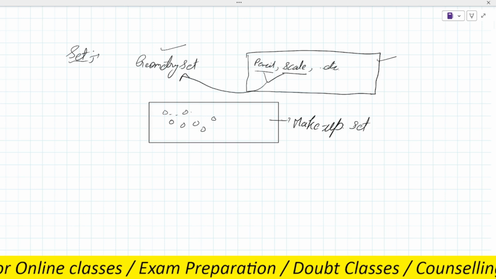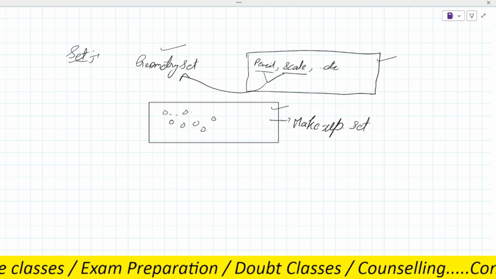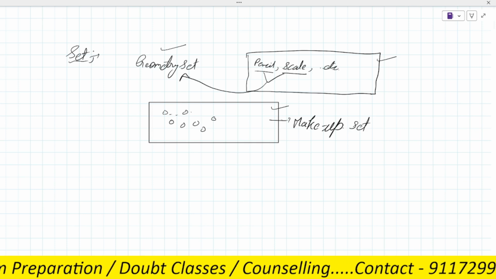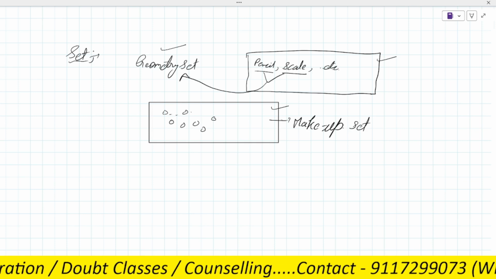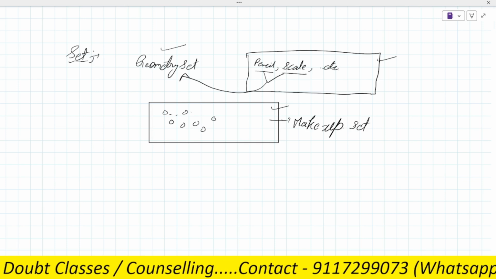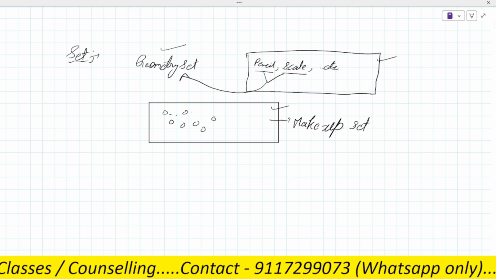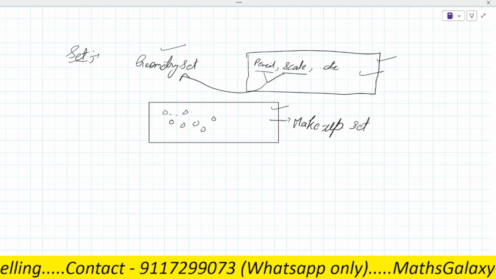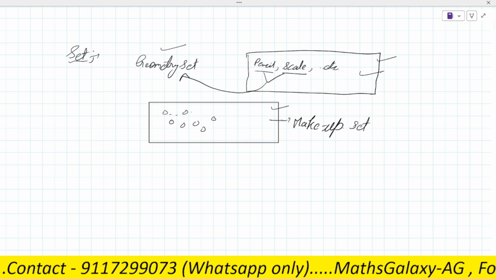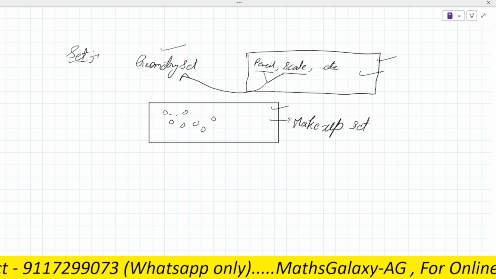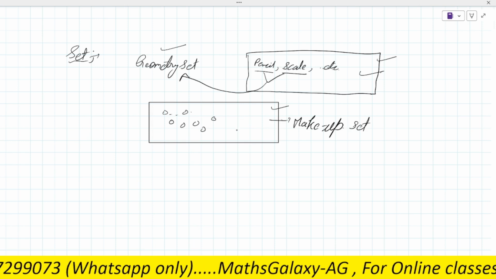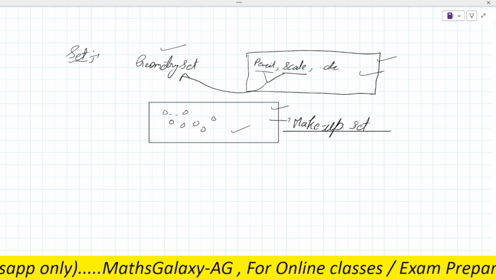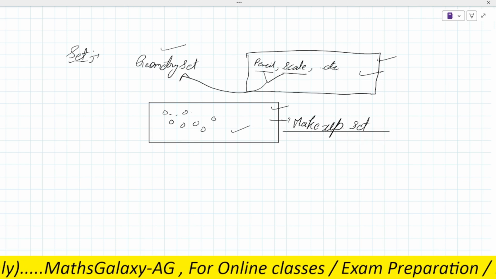Now as you can see in both examples, when you take any box, you will get the tools or objects inside that box related to that field. Do you get any makeup tool in the geometry set? No, sir. Do you get any geometrical tool in a makeup box? No.